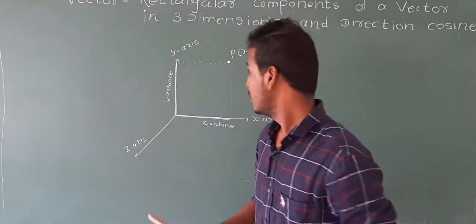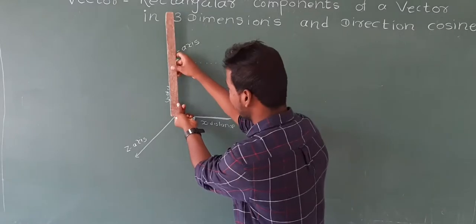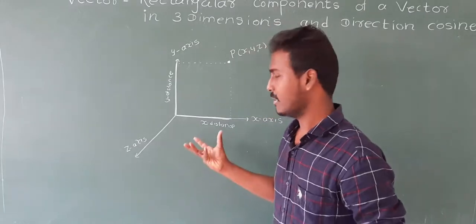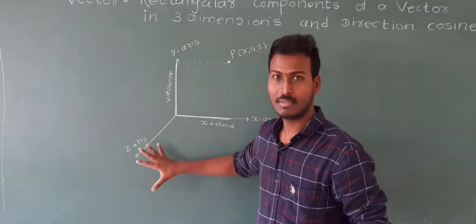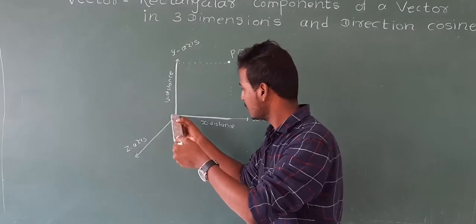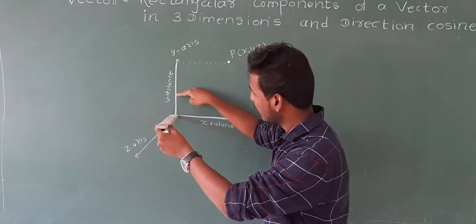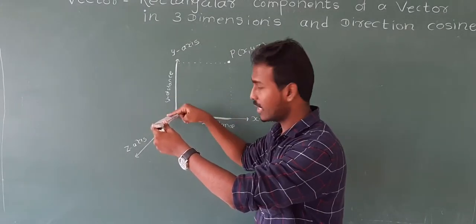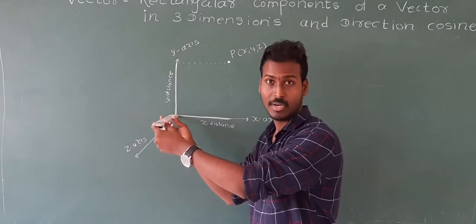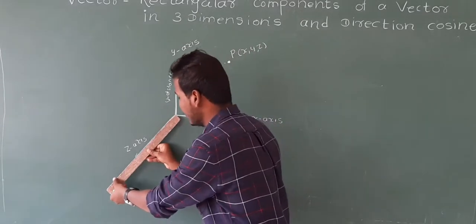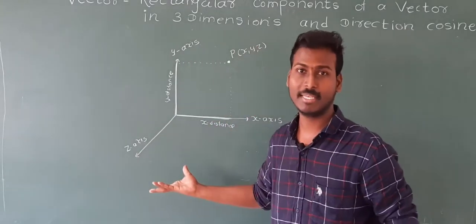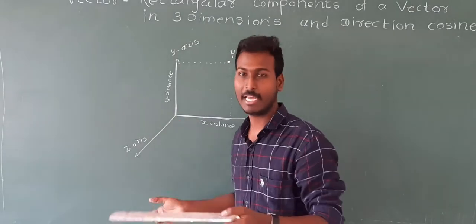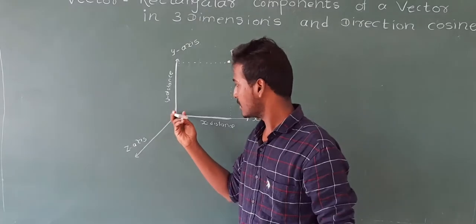See carefully. This is the x axis, this is the y axis. The z axis here on the green board looks two-dimensional, but actually the angle between the x and y axes is 90 degrees, the angle between y and z is also 90 degrees, and the angle between z and x axis is also 90 degrees. So the z axis is not like this. On this board I can draw it like that, but actually the z axis is like this. I cannot draw a line in air.